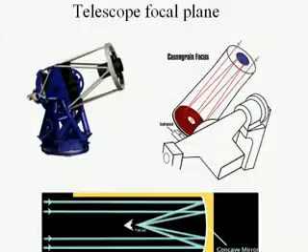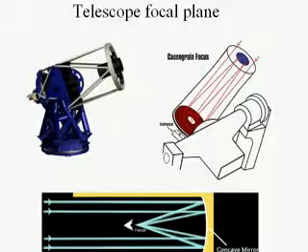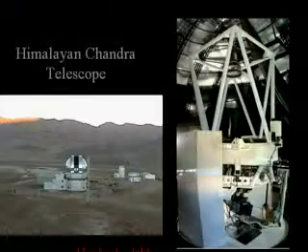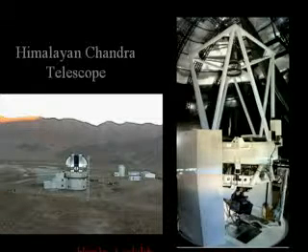So this arrangement again allows you to use very large instruments which are necessary for a proper recording of the object which is being observed. Now this basic structure is common to all telescopes which have a single mirror. So I shall now show you a couple of 2-meter sized telescopes which are located in India. So the first one is the Himalayan Chandra telescope, which is located at a high altitude place called Hanle, which is in Ladakh in the Himalayas, some distance away from the capital Leh.